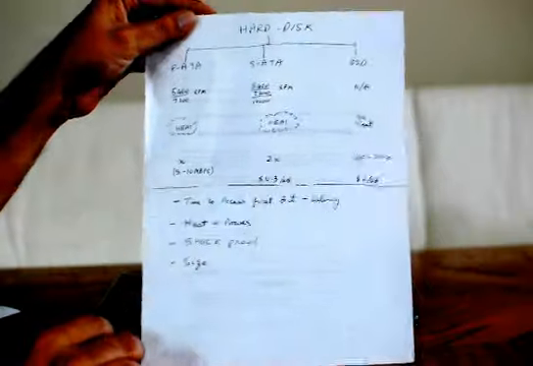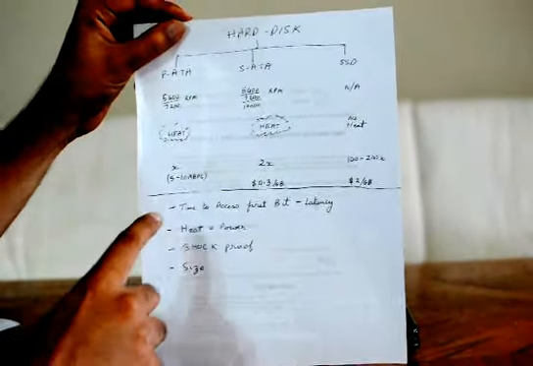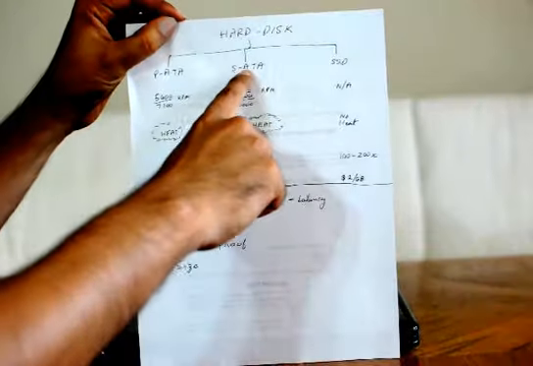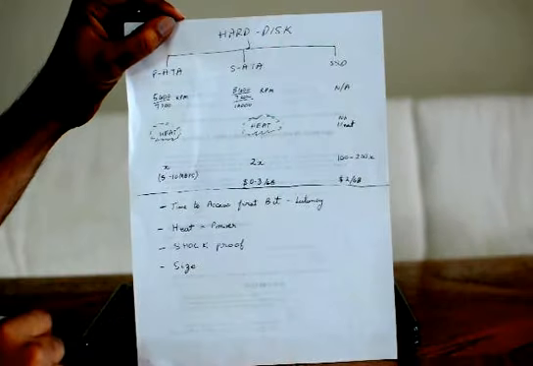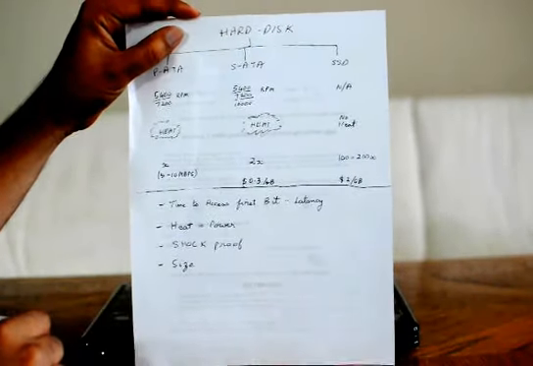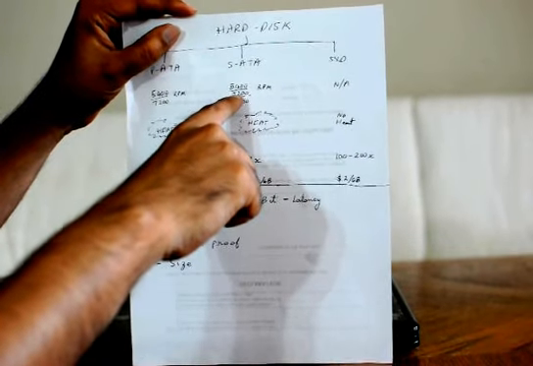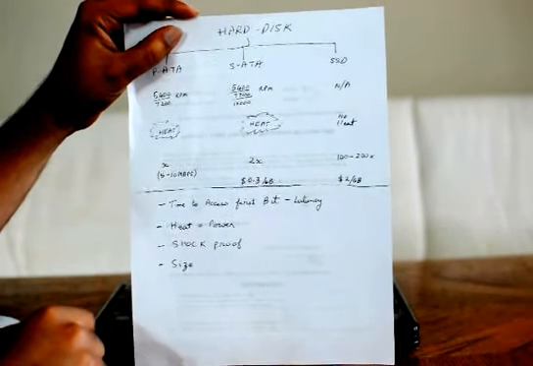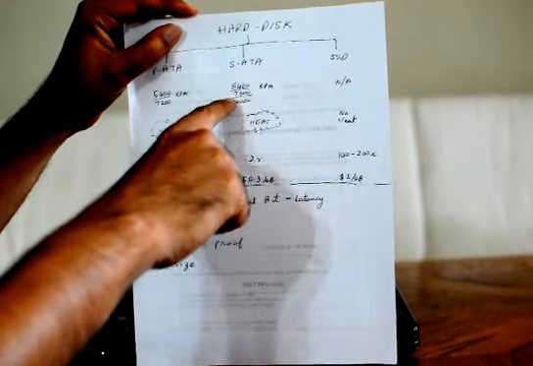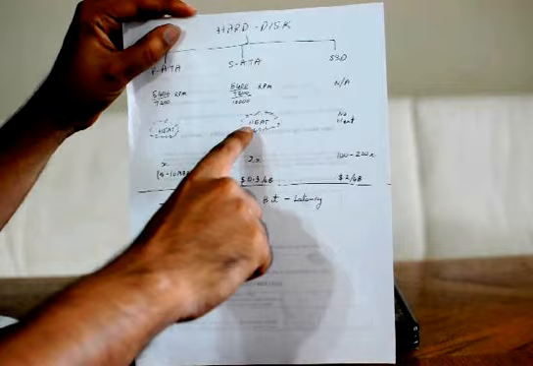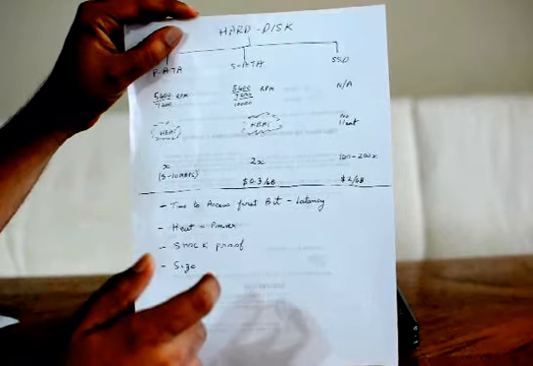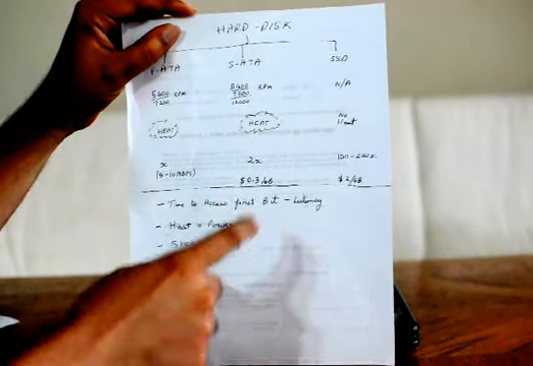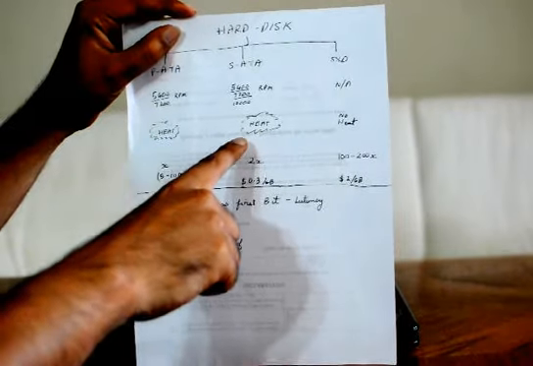Coming to the hard disk, we used to have parallel ATA systems. Now we have serial ATA drives, which are the SATA drives, and we have the solid state or SSD drives. The SATA drives can come in 5400, 7200, or 10,000 RPM. These generate a lot of heat as compared to the solid state drive, which does not generate heat because there are no moving parts. So they consume very little power as compared to the regular magnetic hard disk as well.